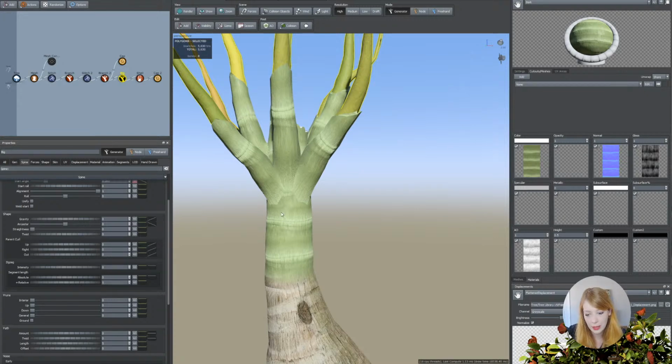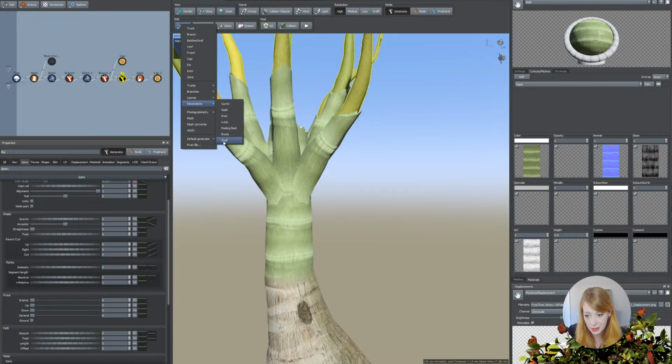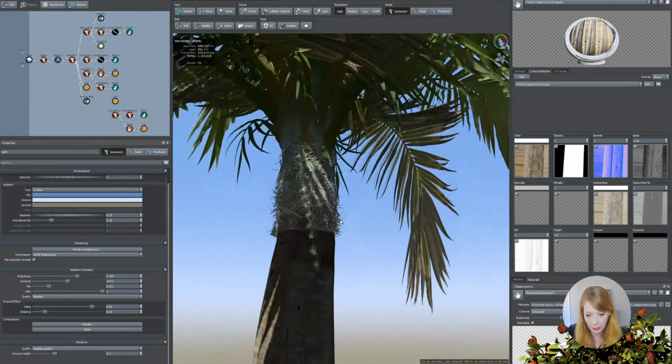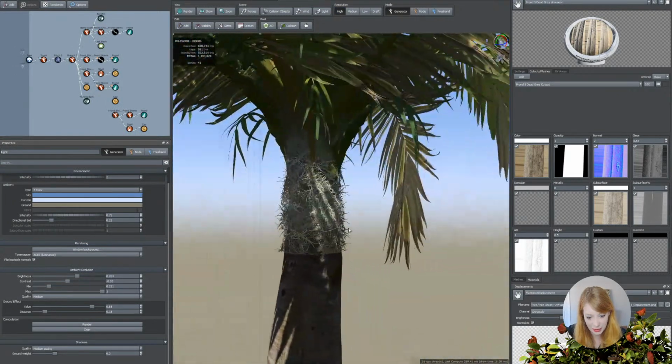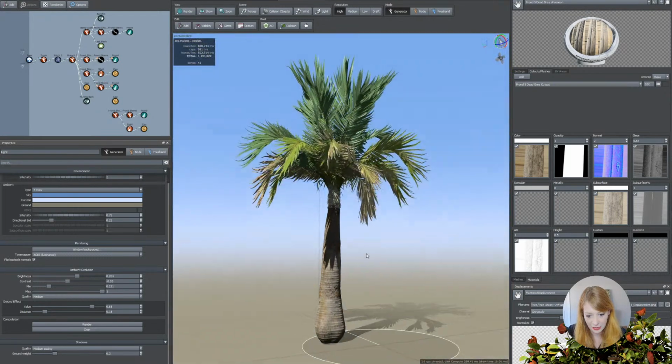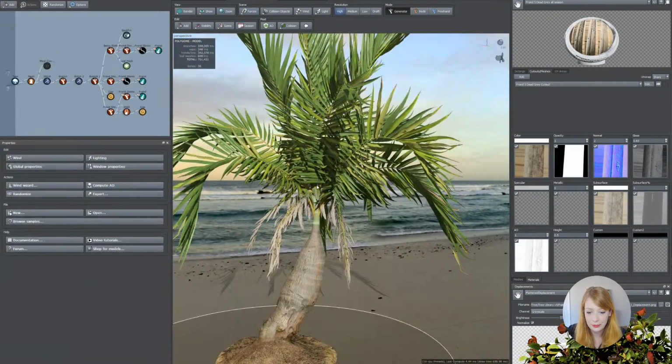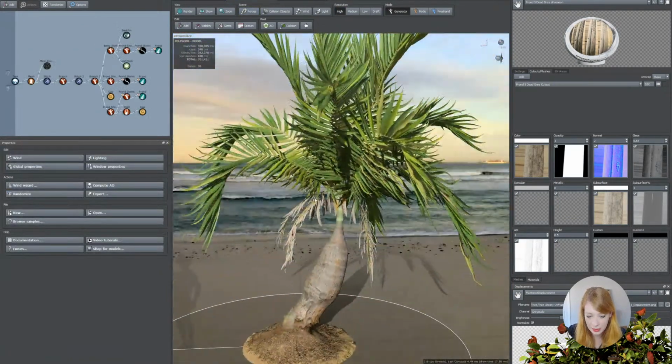Yeah, if you need to add peeling bark, we have a decoration generator for that. That was in V8 as well, but you can find it down here in your templates. Peeling bark, we might add one of those at the end. I added one in this bottle palm up here because I added some fuzz. Kind of fun. I don't think I added it on this one, but